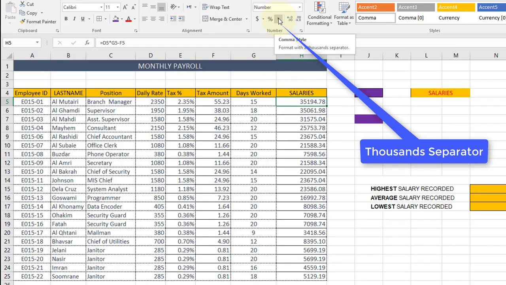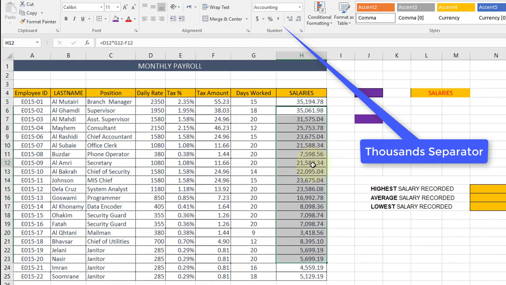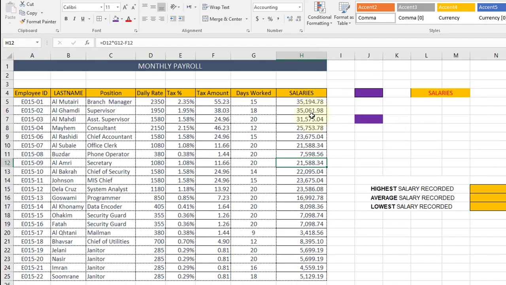You can see that one also shows here, comma style says format with 1,000 separator. So when I click this one, you can see it says 35,194. Let's say if I click this one, it's going to say 7,598. So we can select all of them and click this. Now we have the 1,000 separator for all.